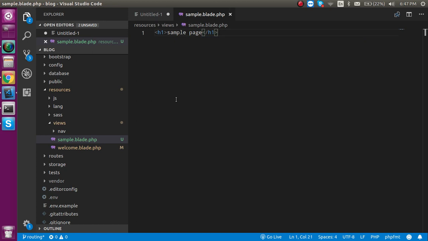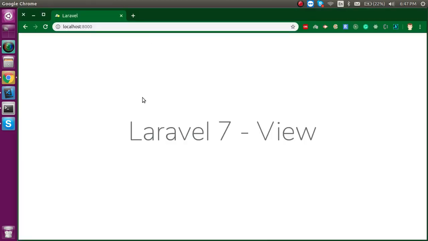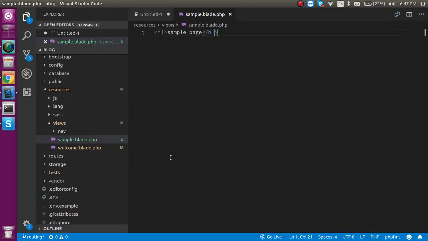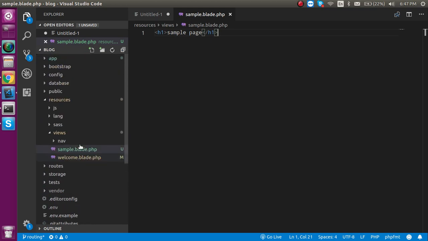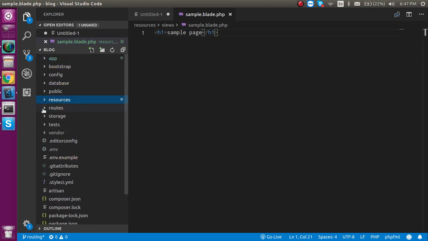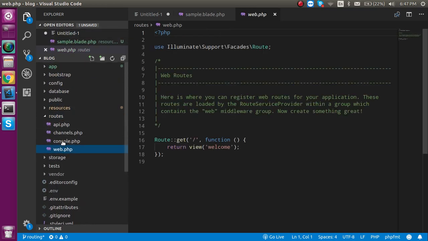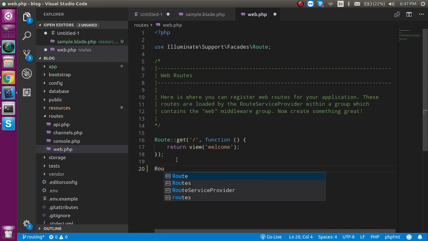So now this is the simplest view page, but how can we call it or show it here? For that we must make a route inside the web.php file, which is present inside the routes folder. So let's go to web.php and here write Route::view and put your route name.